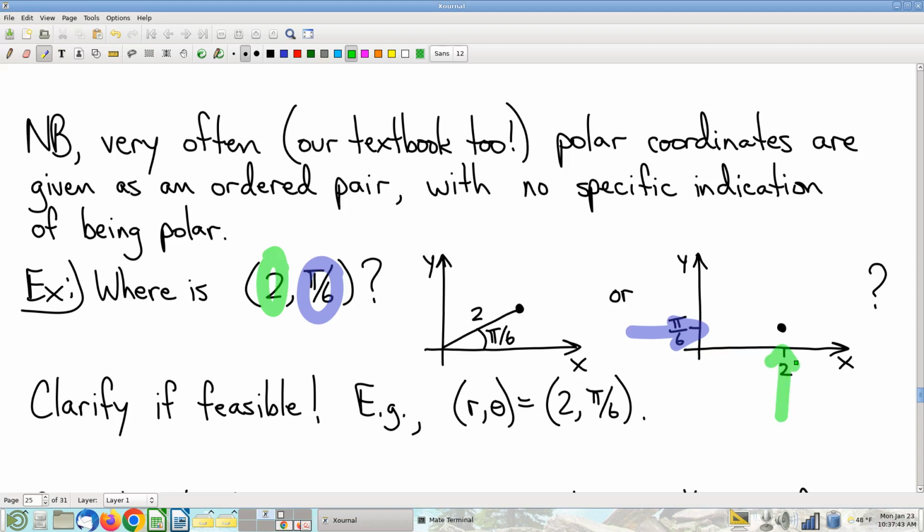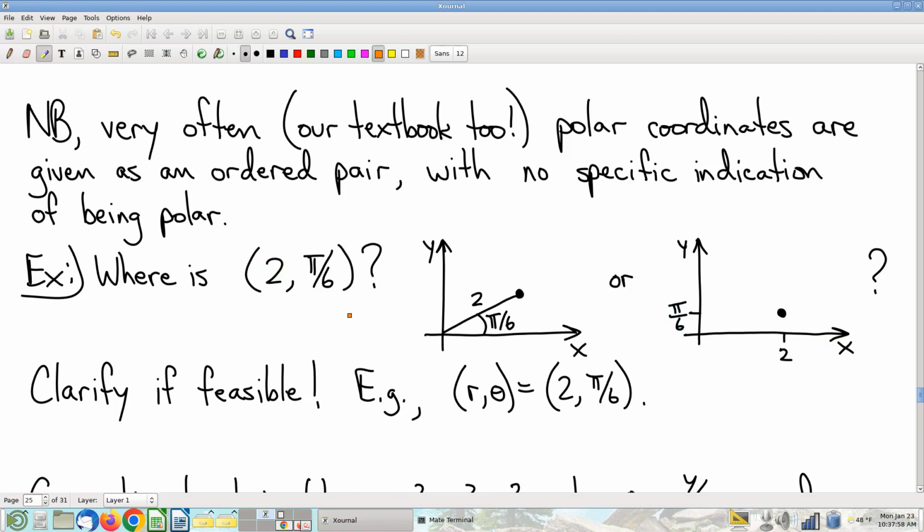And now we're talking about this point, which is a different point. So this is just, look, the problem here is you have to be careful of sloppiness. And so my advice is, in any situation where the context does not make it perfectly clear what you're talking about,